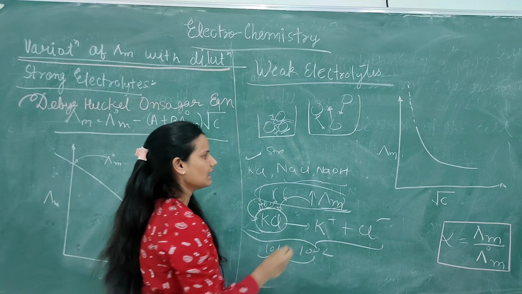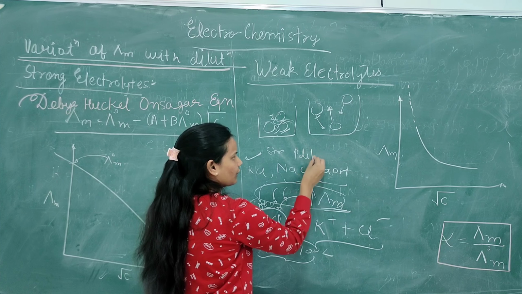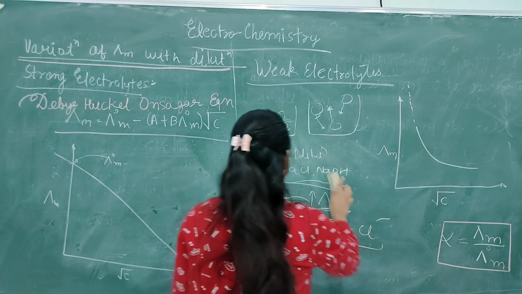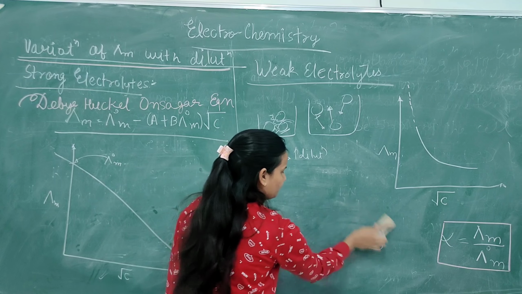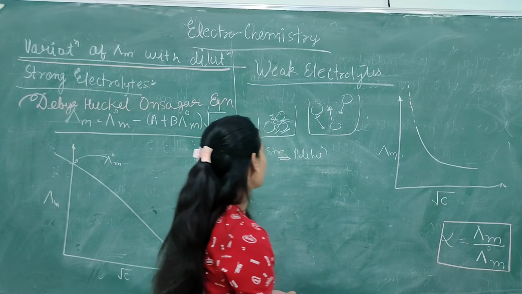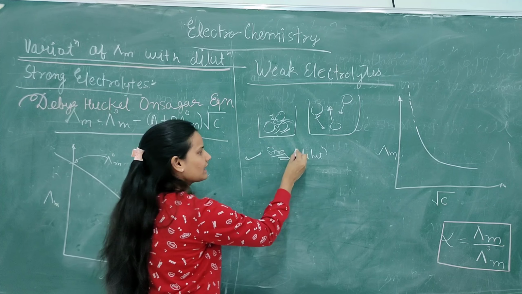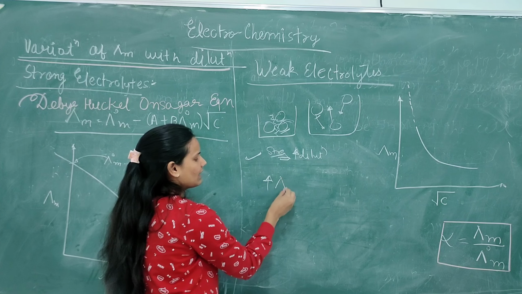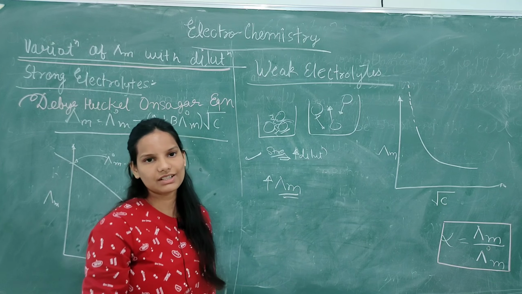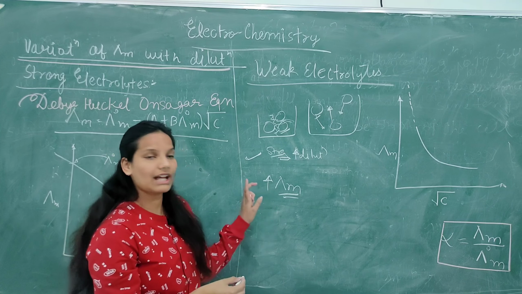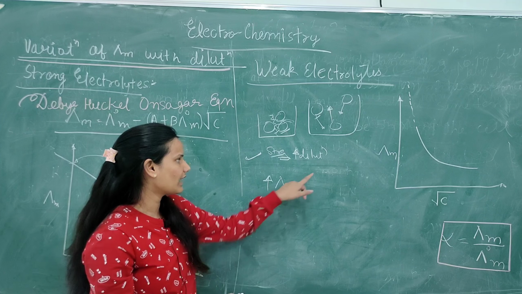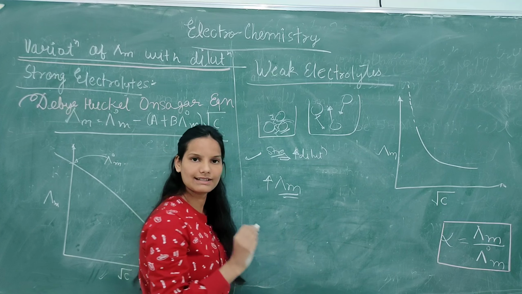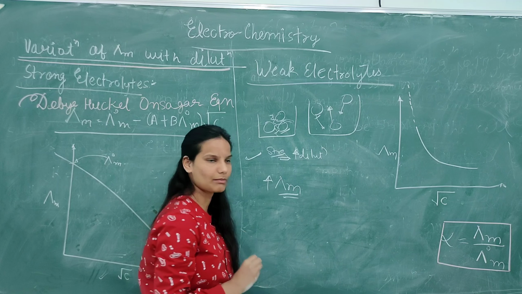So I can also say that with increase in dilution, for strong electrolytes, there is not that much increase in molar conductance that we should expect, because the degree of dissociation didn't increase, it was the same. Only the ionic mobility somewhat increased. That's why a lot of change is not noticed. It will increase linearly but not exponentially. There is not much increase.